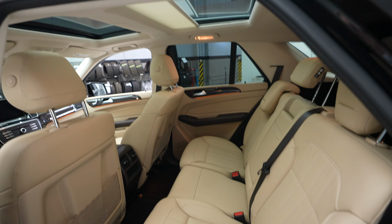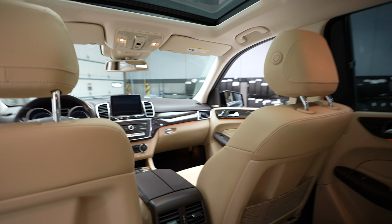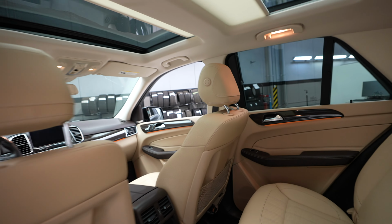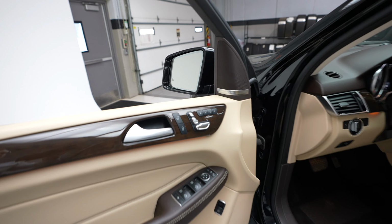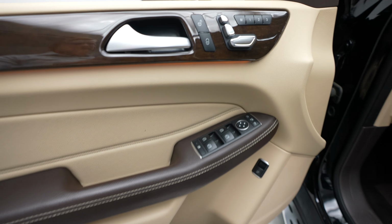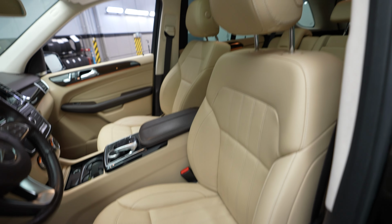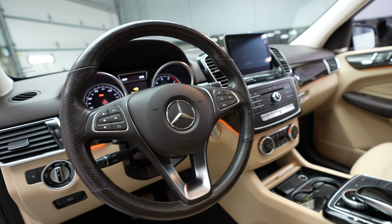Rear seats. Memory seats with driver seat controls, driver door controls, driver seat, steering wheel,